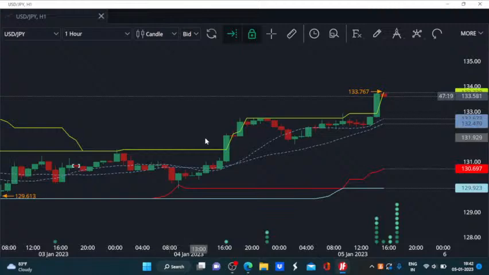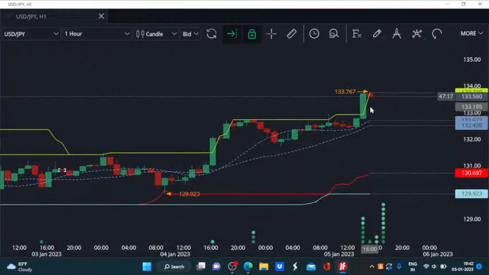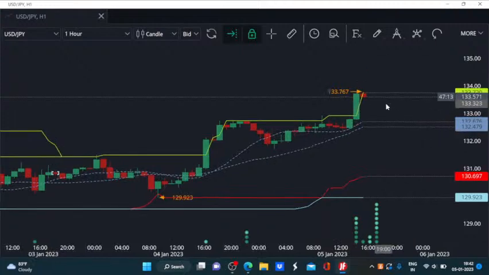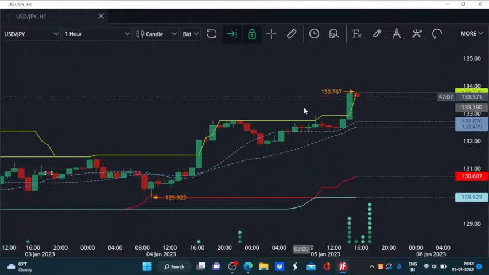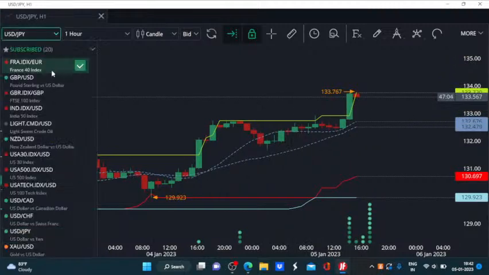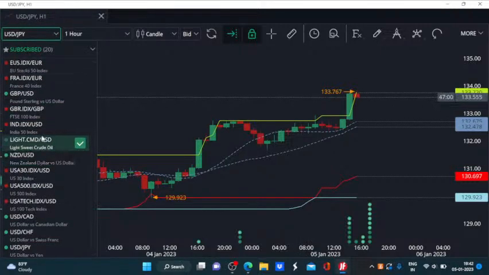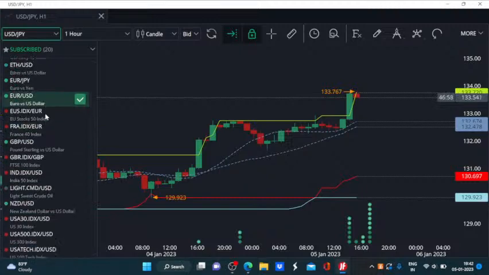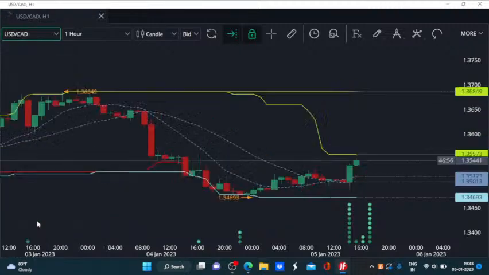Maybe after consolidation, if we see some sort of correction and USDJPY holding towards this immediate swing high, not falling below this immediate swing low, in that scenario we can indeed take our chances. But suppose in later hours we see the momentum losing, and in that case we have USD CAD,